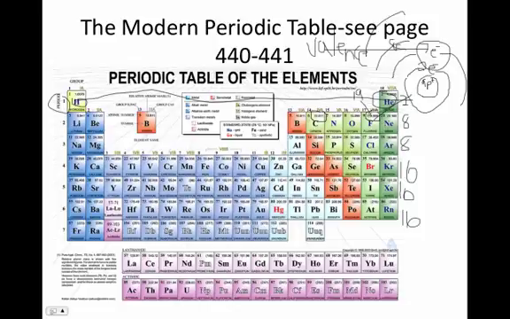To get the atomic mass, we average all the different isotopes. So in our case, 18.995, we round to 19, and we subtract the number of protons, which is 9 on the periodic table, and that gives us 10. This stands for the number of neutrons. So fluorine would have 10 neutrons